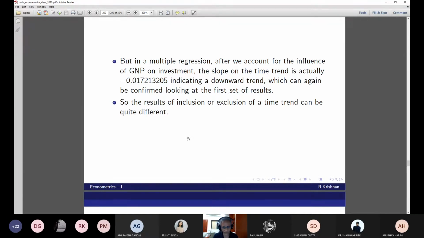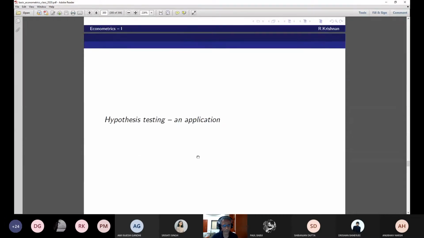It is only one of the ways to take care of the trends in your data. This is a bit old-fashioned, so fix a time trend and take care of the problem. But you can clearly see the Durbin-Watson statistic in all the regressions are poor. Okay, that takes us to time series data. We'll not go there. We'll continue with this hypothesis testing and application.